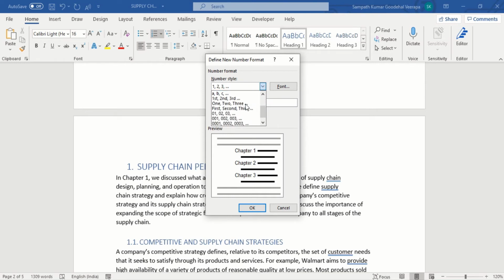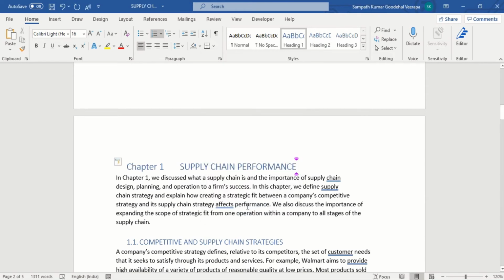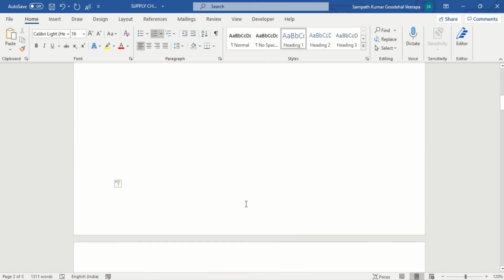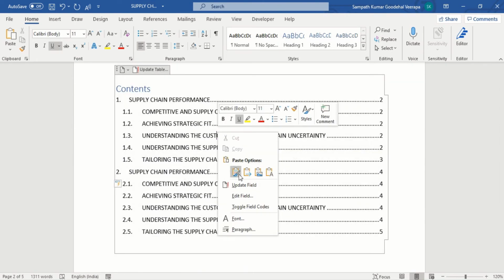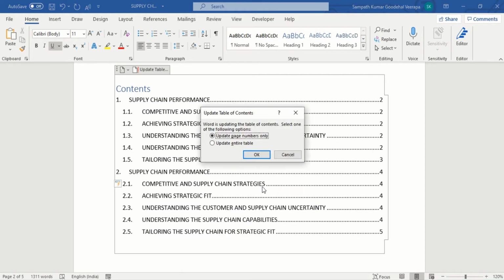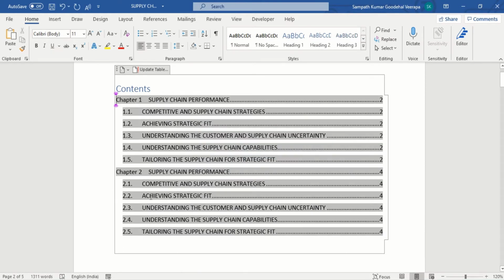We can select any format. I'm selecting the 1, 2, 3 format. So just see, our format automatically changed. Just right click, again update the field, and update entire table. So it has automatically added Chapter 1.